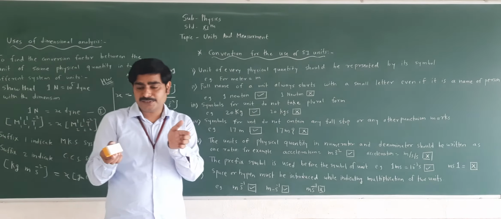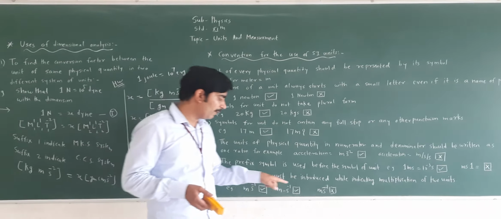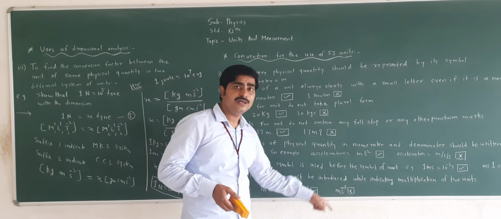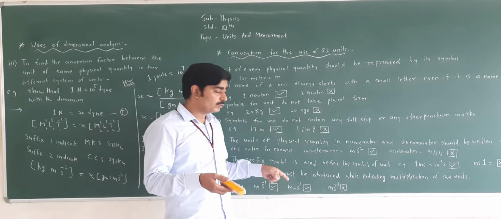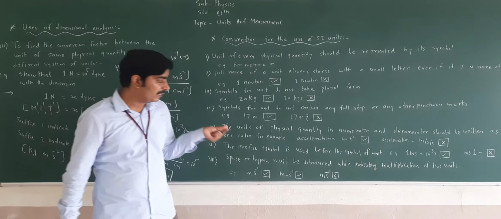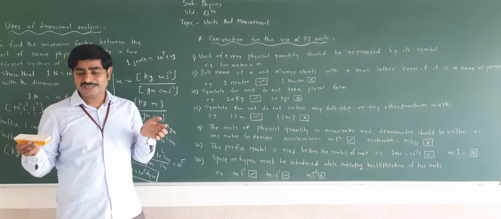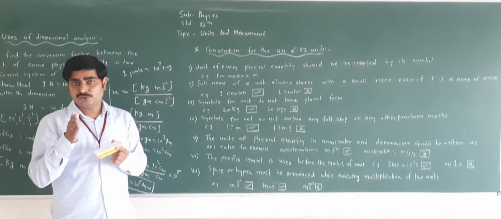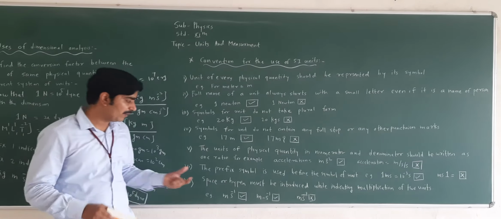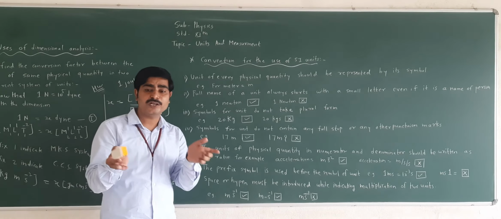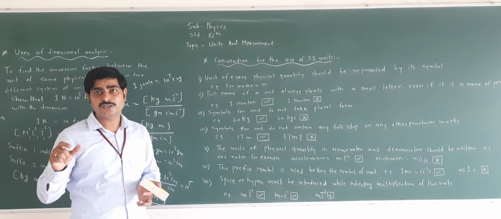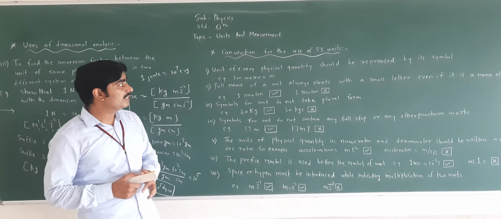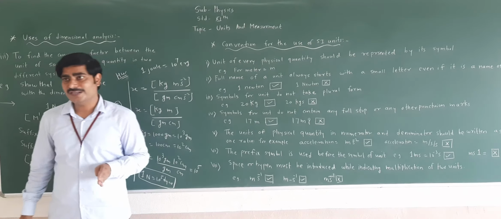But if you write the meter and second very close to each other, then what will happen? Meter multiplied by second, or someone can pronounce it as millisecond also. So we should always remember that when two units are multiplied, then we should keep some space, or we may use the hyphen. If we are using these units very close to each other, then the pronunciation may change. So these are certain rules, friends.